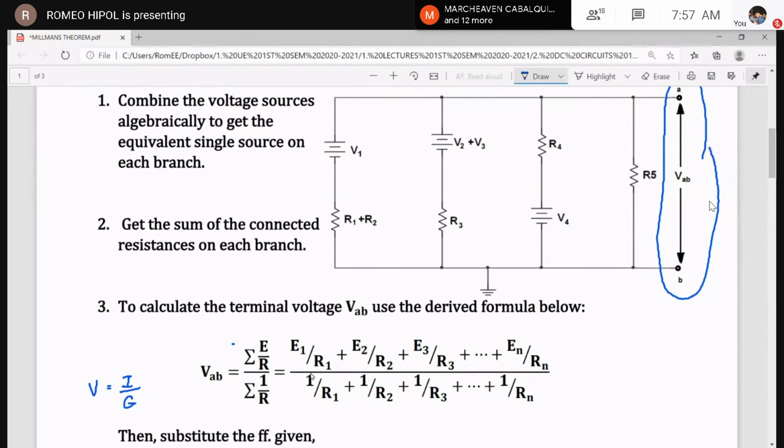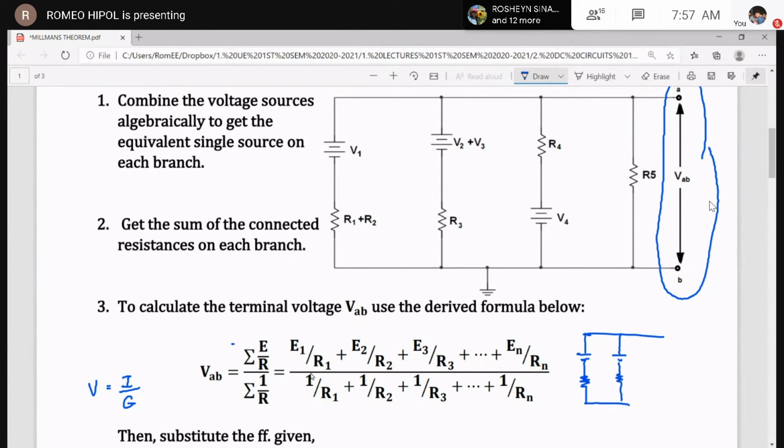So in this case, kasi yung derived formula natin is based from simplified circuit ito wherein on each branch, there is a single supply and a single connected resistor. So kumbaga ito yung ating connection. So we have the V sub 1, R sub 1, V sub 2, R sub 2, V sub 3,